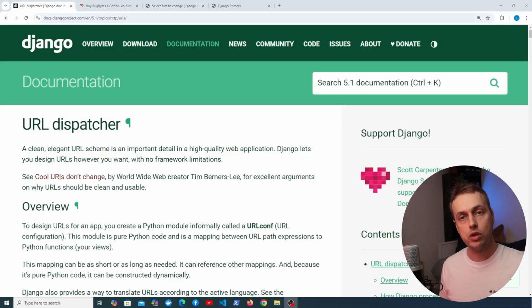Did you know that you can write your own URL path converters in Django applications? We're going to dive in this video and understand what converters are and also how to use them. We'll look at the built-in ones and then define our own URL path converter